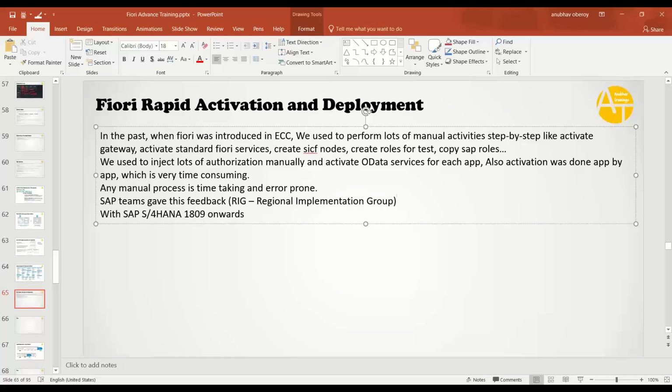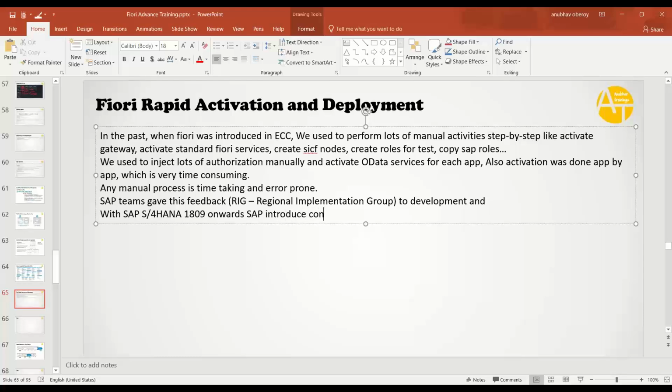So whenever SAP implements SAP ERP for big companies like Colgate, Nestle, Hindustan Unilever, ONGC, IOC, these teams directly interact with the customer. They take customer feedback. So SAP teams got feedback from customers, and this feedback was given to development,